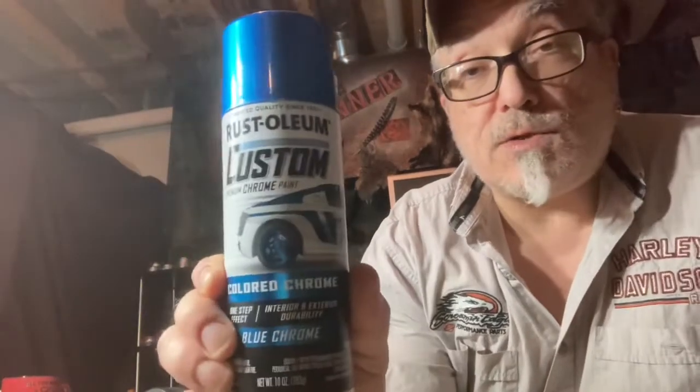So this is the paint I decided to use. It worked out really well, and I thought I should mention it. It's the Rust-Oleum Custom Premium Chrome Paint. Now the chrome refers to the look of the paint. It's obviously